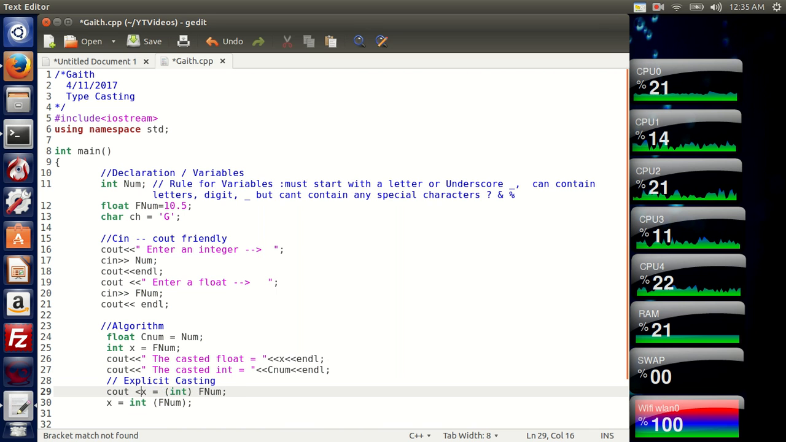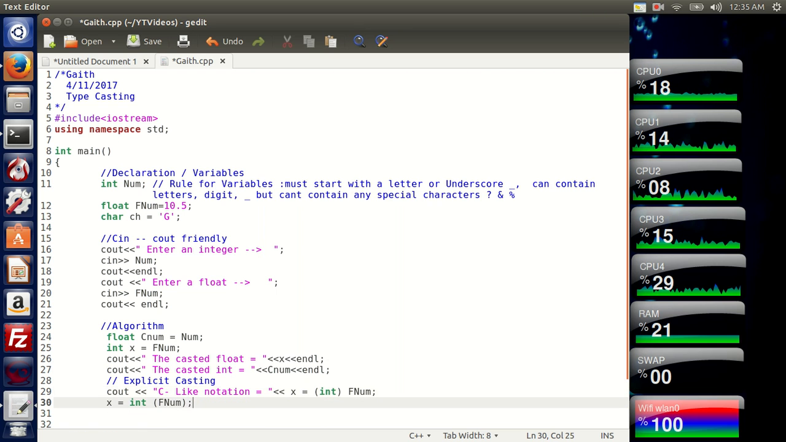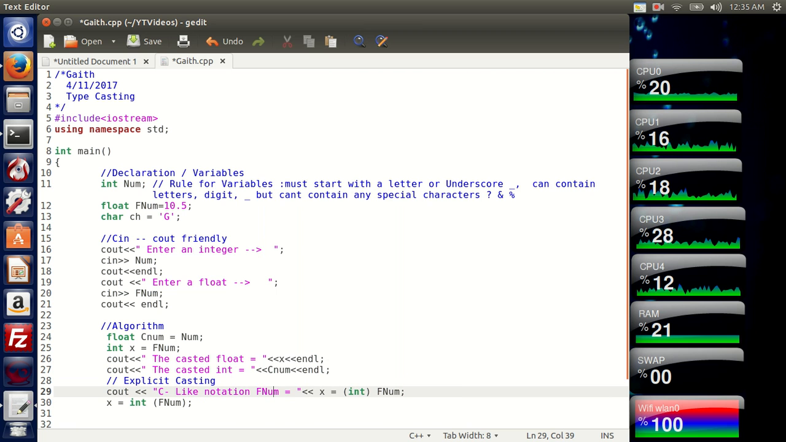And I'll do cout, and this is, let's do this, C-like notation. I can say equals, and let's put fnum, my float, equals this fnum as integer,